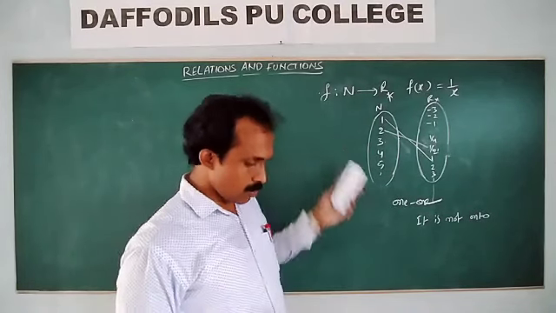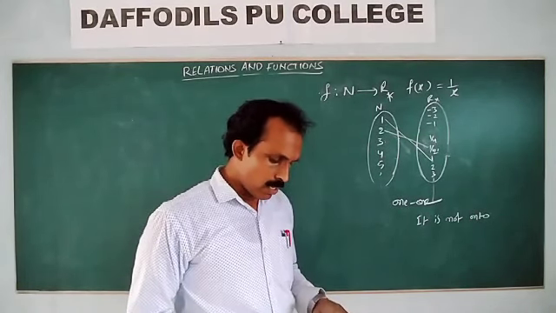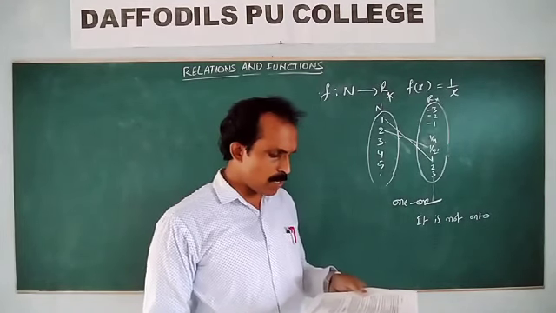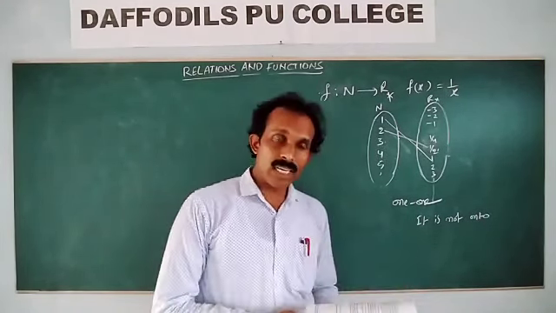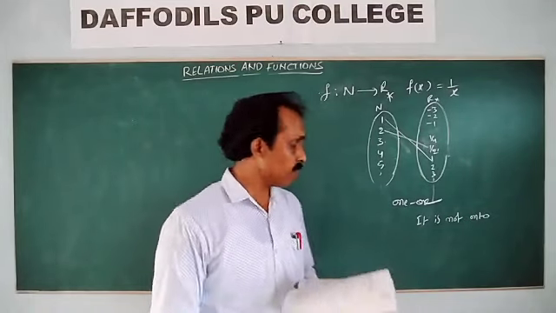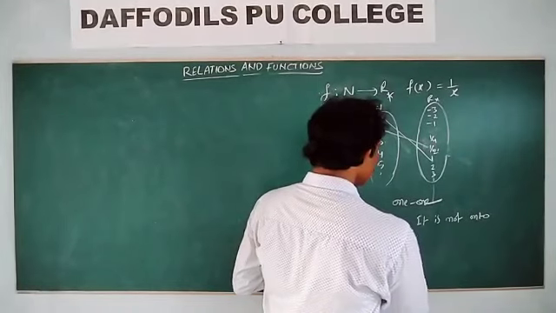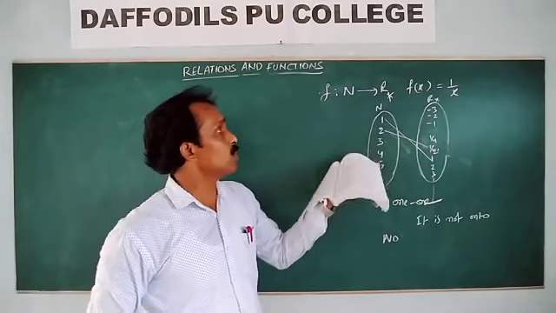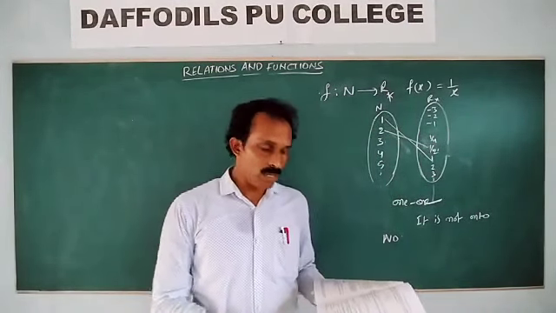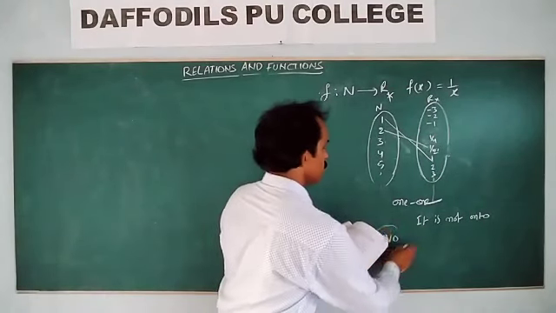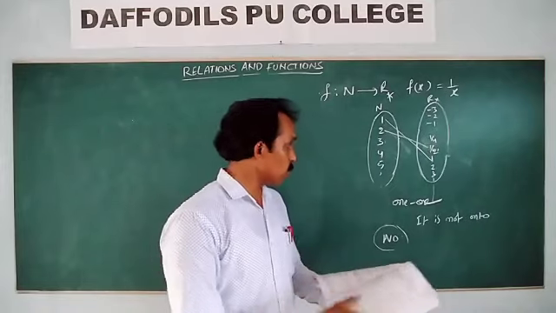Okay, finally, is the result true if the domain R star is replaced by n? So finally, is the result true as in the first one? No. So n as the domain and R star as the codomain: it does not have the inverse. So finally, what is the answer for the second bit? Answer: no.